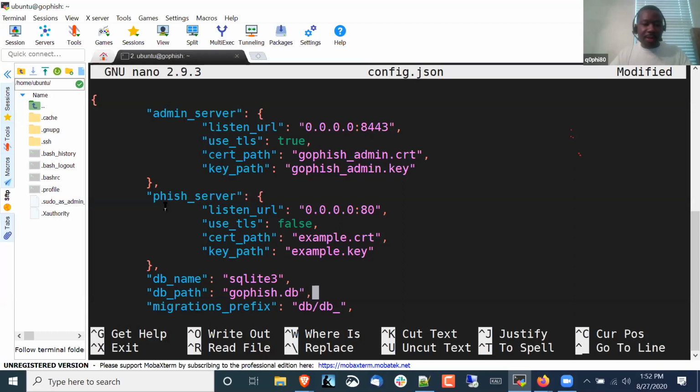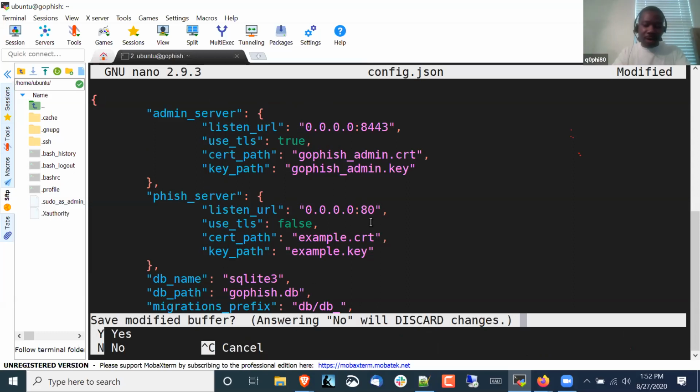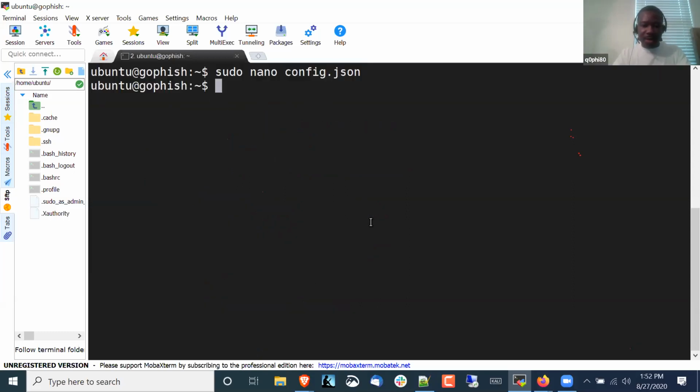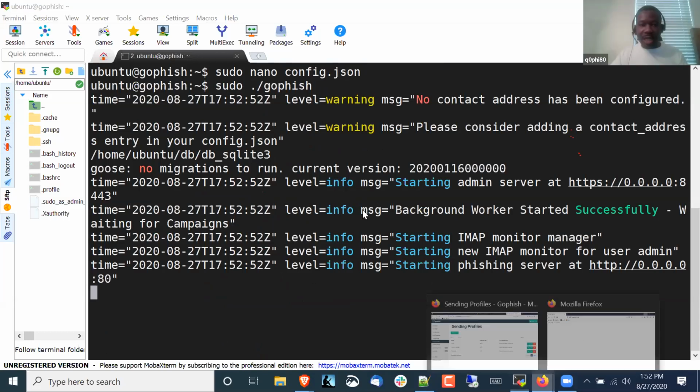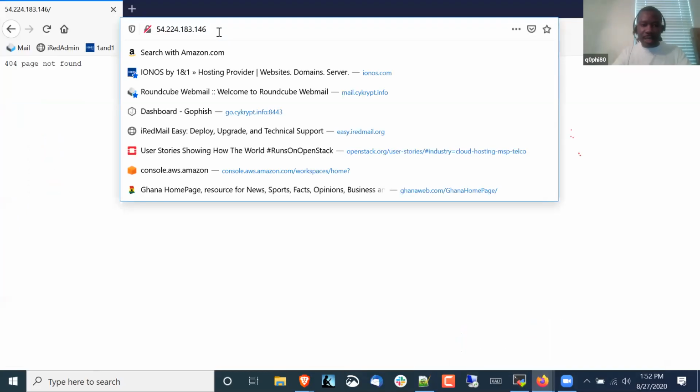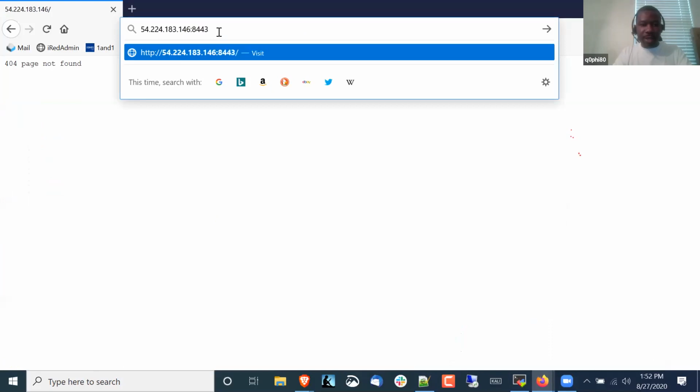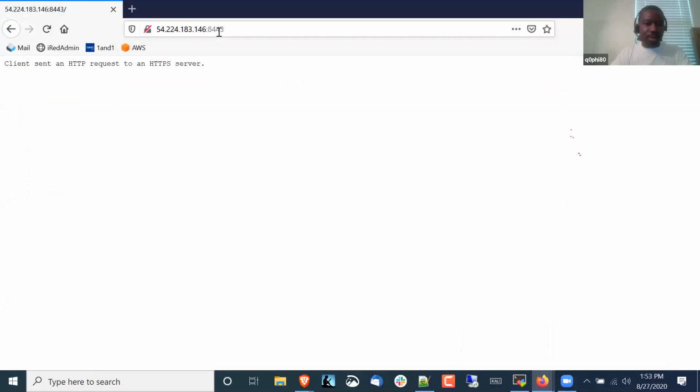All right, this is the actual phishing site which we tried to hit, and it was port 80, and we got like 404. Okay, we'll come back to that too. So most of our configurations will happen on this particular file, but I want us to just take it step by step, baby steps. Okay, so now if I run it, now that I have it exposed to the internet, and then I do 8443, and if, there you go. Now,